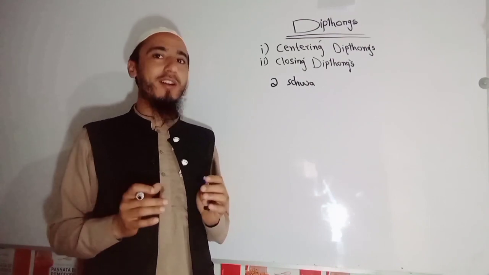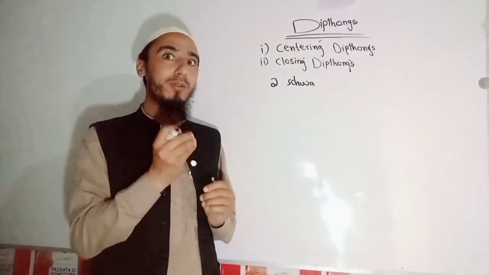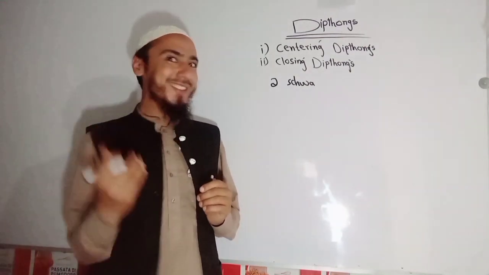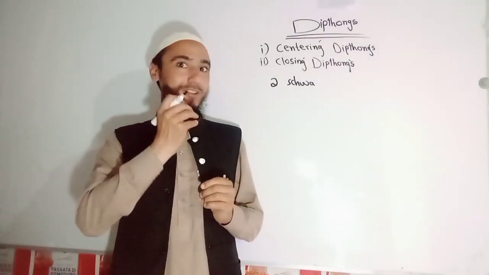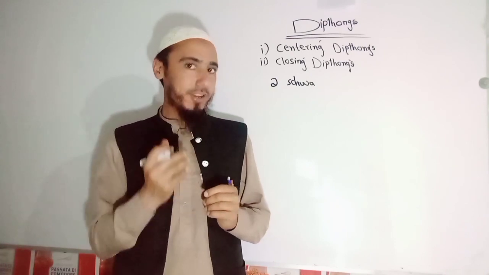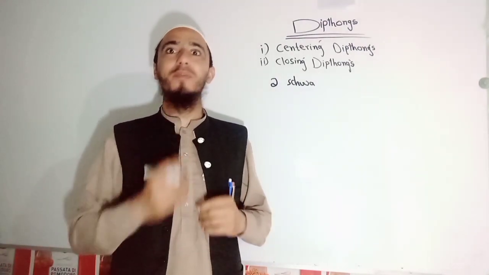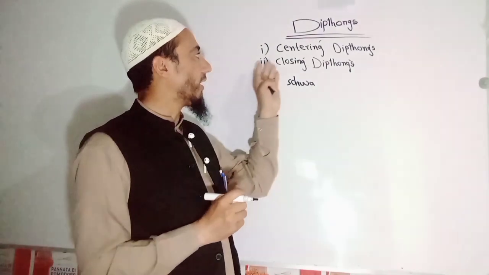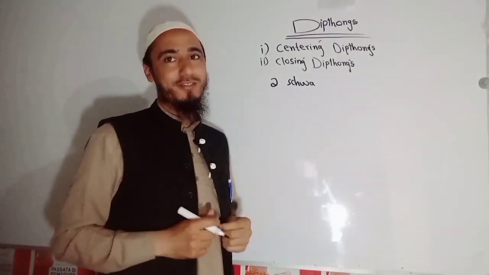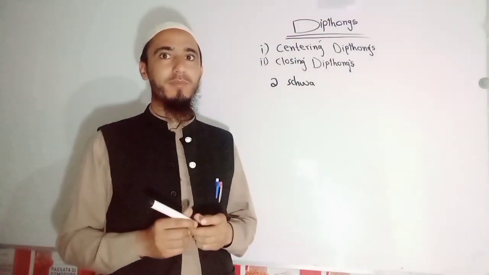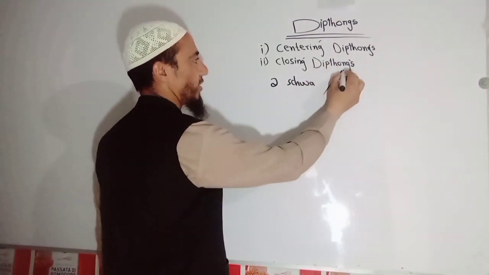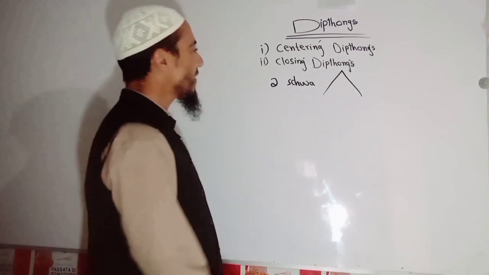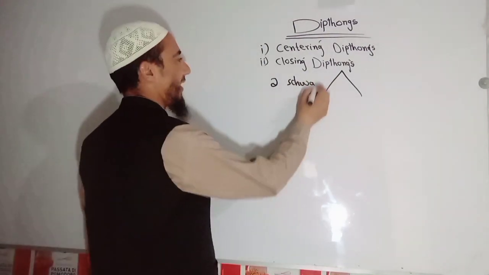In closing diphthongs, our tongue moves and rises to the roof of the mouth, which is also known as the palate. So it moves to the roof of the mouth and then closing diphthongs are produced. And then we have divided closing diphthongs into two types. The first type is known as